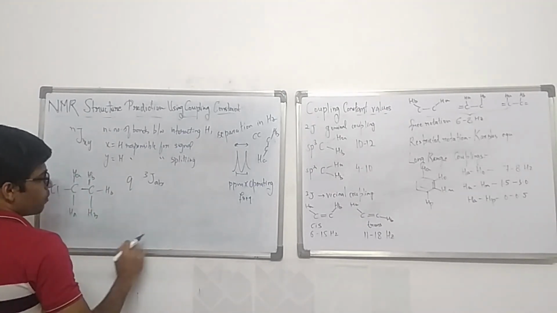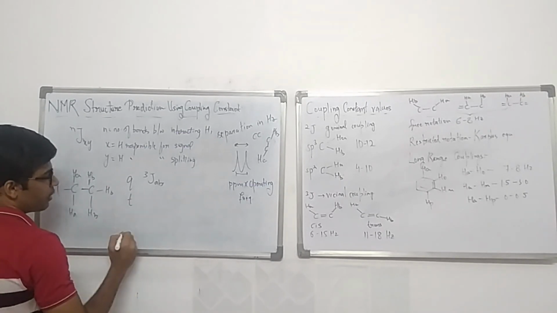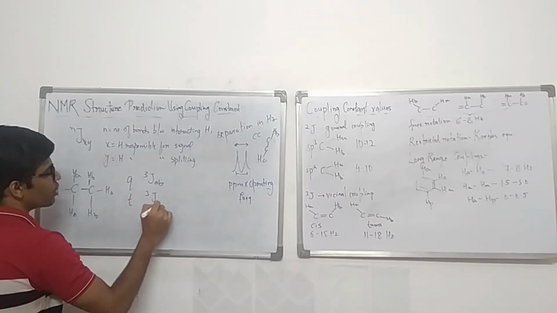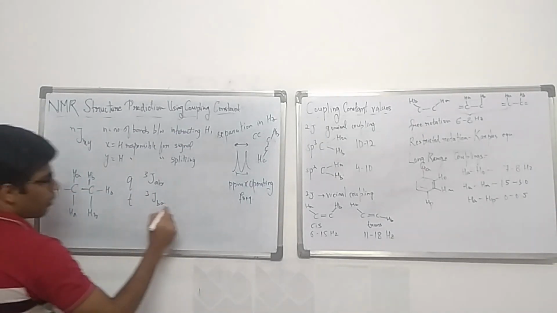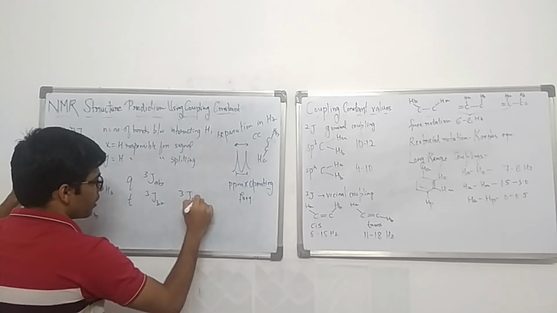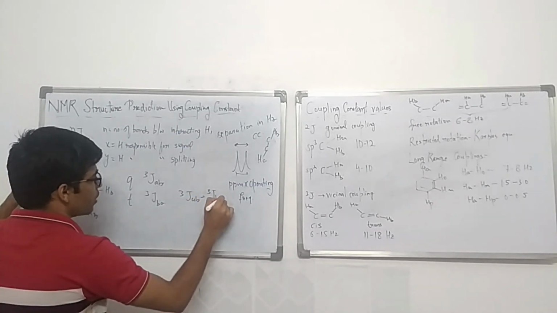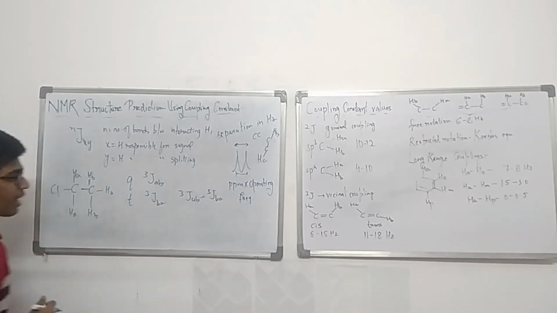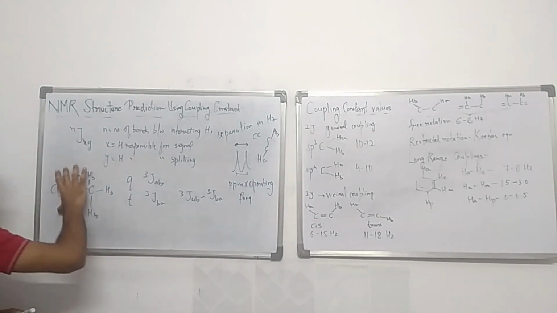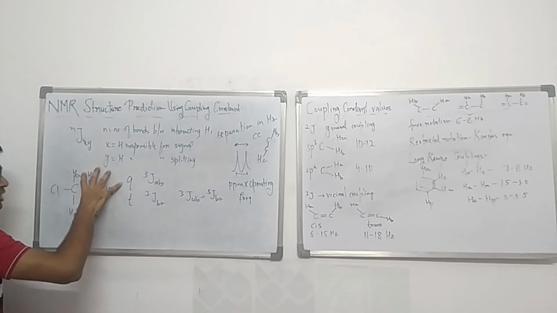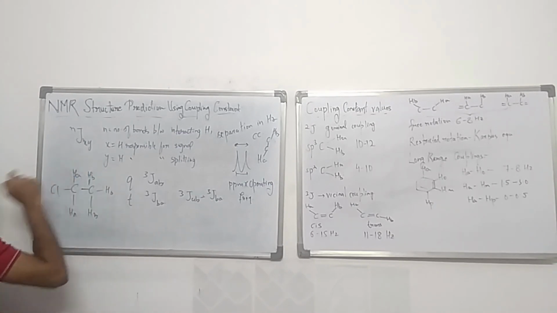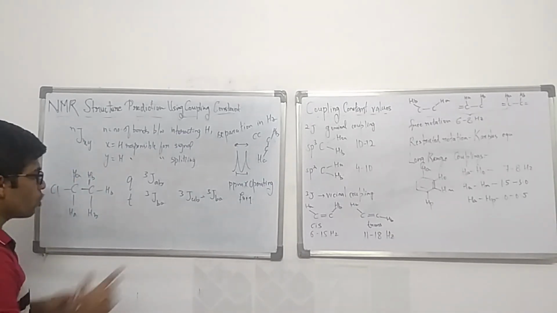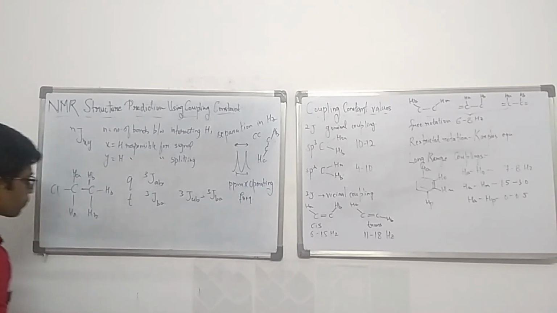Now what will these HBs have as signal? They will have a triplet and they will have 3JBA coupling constant. Now the coupling constant 3JAB is always equal to coupling constant 3JBA. And why is that so? So this is interacting only with this proton and this proton's interaction with this proton should always be the same. It should not happen that the way this is interacting with this, this is interacting in a different way. The interaction remains constant. It goes both ways similarly.